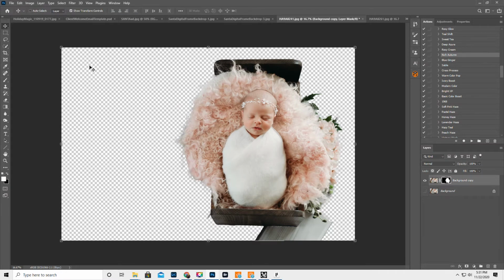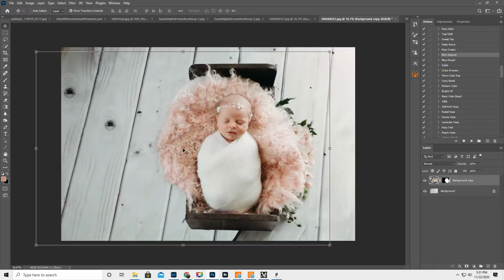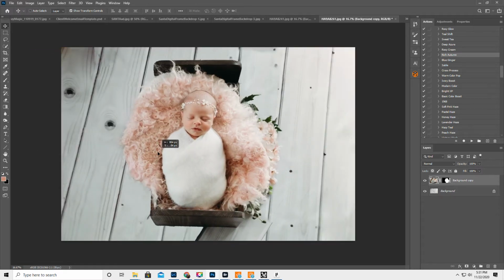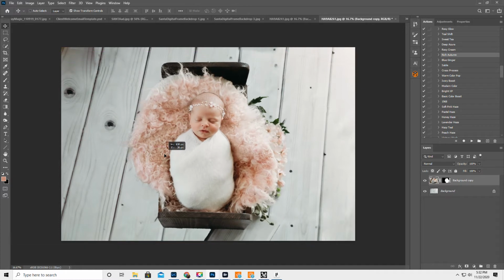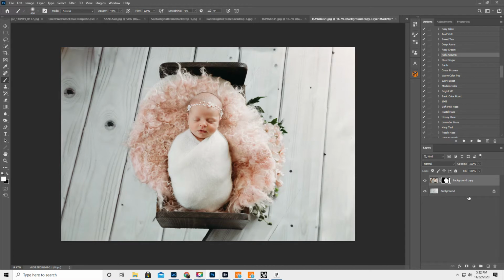Okay, then we're going to get the move tool and we're going to move the whole baby. And then we can click on the mask over here. So a black mask is going to paint off,